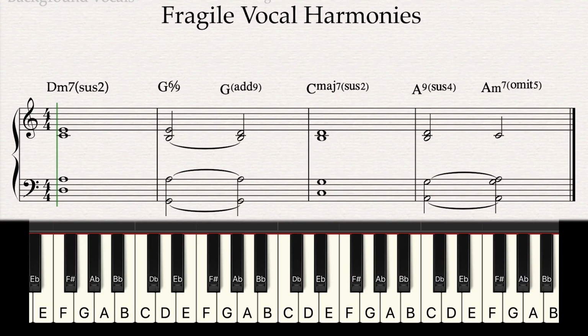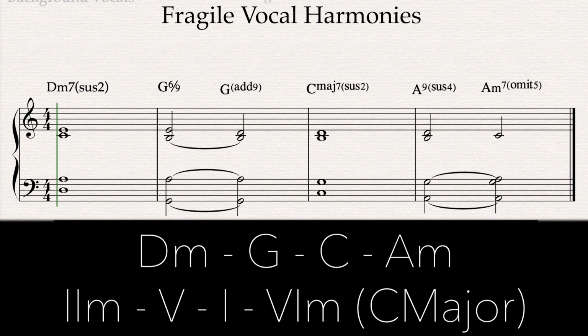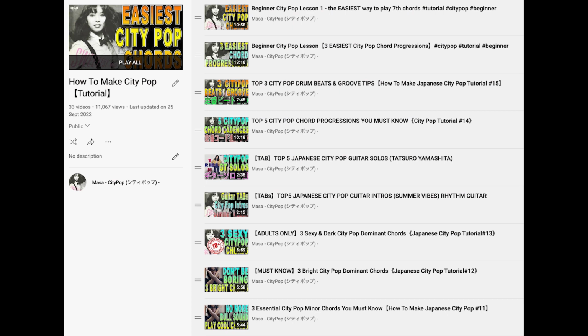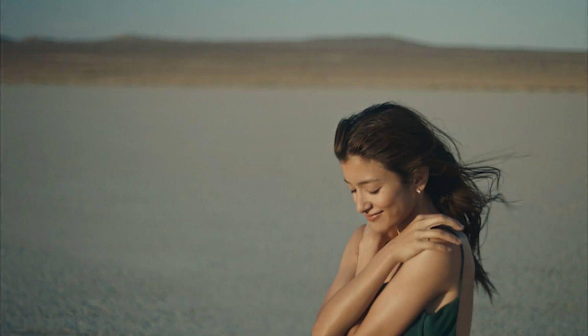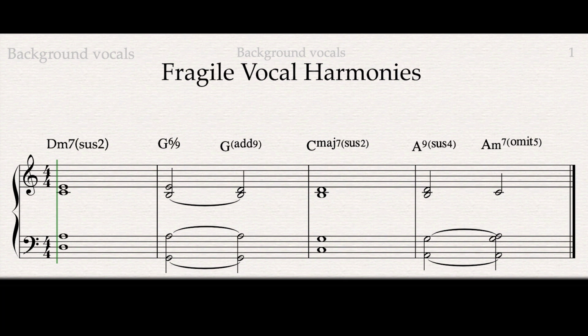The chord progression in Fragile is like this. It's basically D minor, G major, C major, then A minor, which is 2-5-1-6 in the key of C major. It's the most popular chord progression in city pop, as I explained a lot in my other tutorials. But please notice here, Tatsuro used sus2 chords. He does the same thing in his song Shining from the Inside. I'll make a video about this sus2 chord if you want, but let's stay focused on the vocal arrangement for